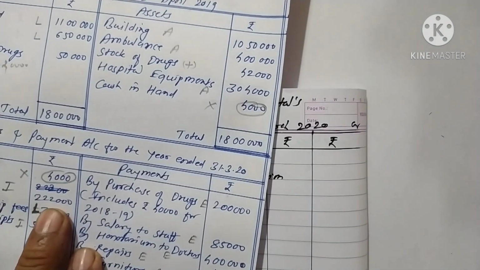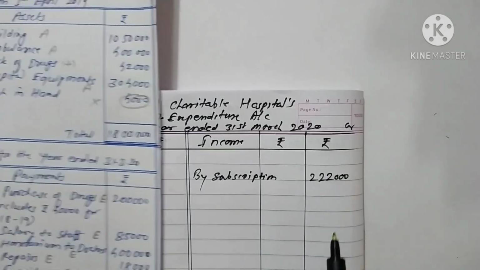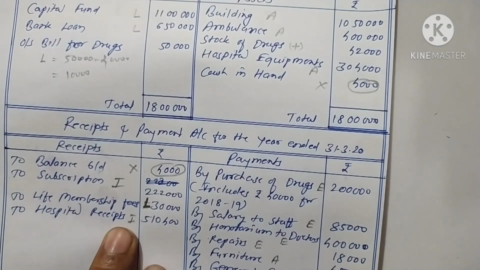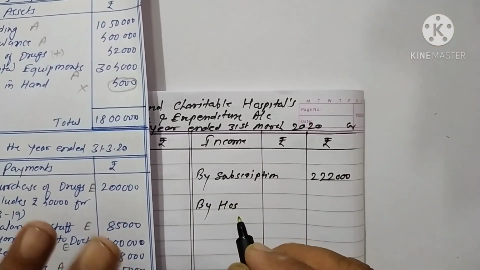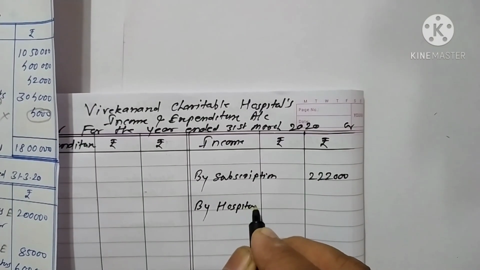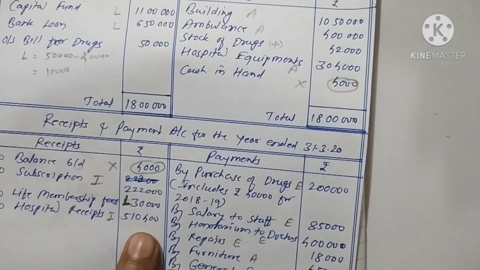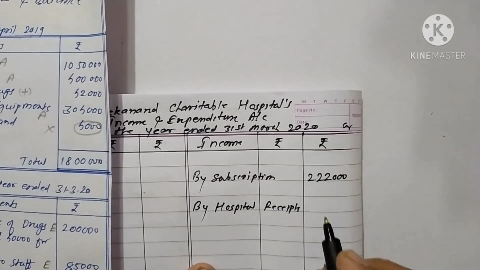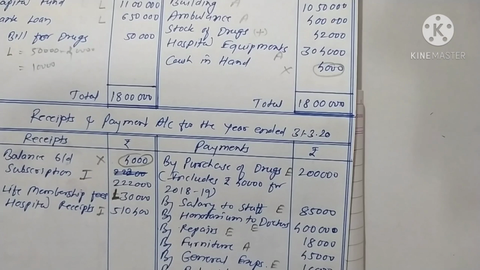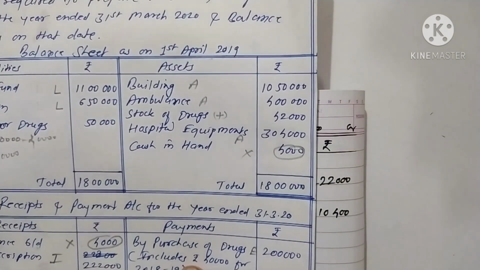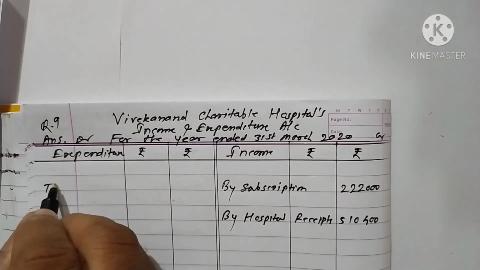Rupees 2,22,000. Next is hospital receipts, an income. We write here, by hospital receipts, rupees 5,10,400. Okay, now on the payment side. Purchase of drugs is an expense. We write on the expenditure side, to purchase of drugs,